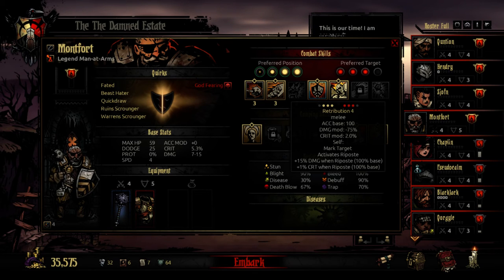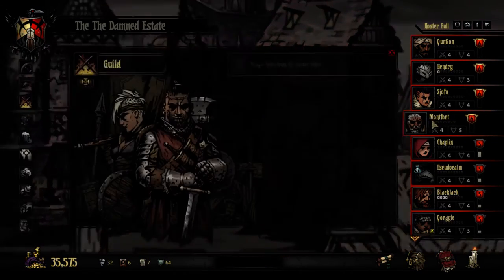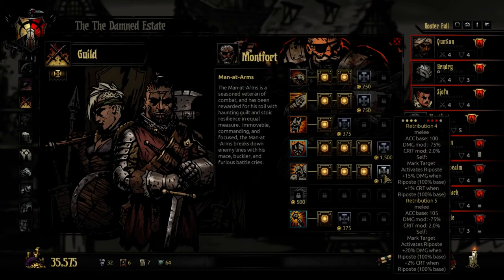Now, it only lasts 2 turns, but if you're up against a group of enemies or a boss who attacks multiple times per turn, this can proc several times. And when you level it up, as you can see, it becomes stronger. So at the full rank, level 5, if he gets hit and he does the counterattack, he will do plus 20% damage with that attack, and he'll have a plus 2% crit. The dream combination, though, is the enemy attacks him, he dodges, and then he returns with a critical slam. Very great skill,